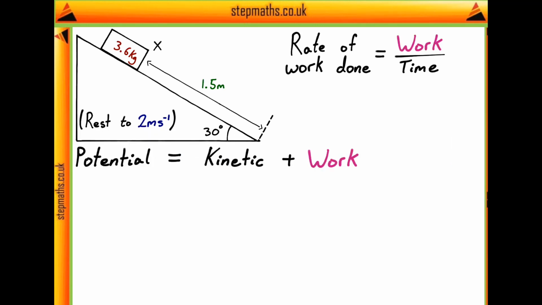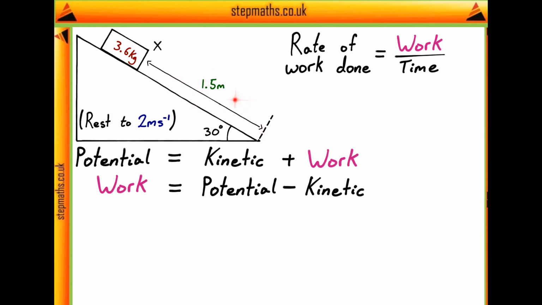So, of course, the first thing we can do with this equation is just rearrange it. So the work done is just the potential minus the kinetic energy, and then we have to try and find our potential and kinetic energy. Now, we've already said that the potential energy of our mass is just its gravitational potential energy. So it's the mass multiplied by the gravitational field strength, g, multiplied by the height of our mass. So how are we going to find the height of our mass? Well, we've got a triangle here with the longest side, the hypotenuse, being 1.5 metres, and this angle 30. So if we want to find the height that the block moves down, then we can just do some basic trigonometry